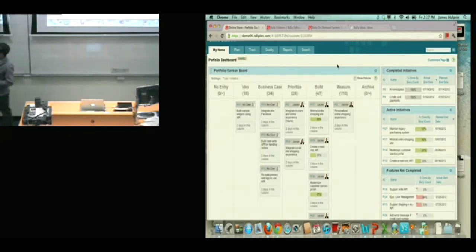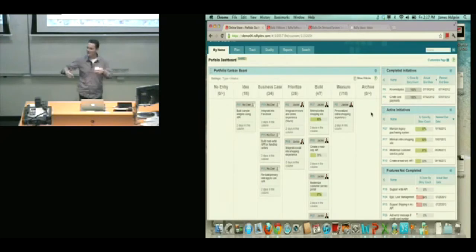In other words, you can define the states in your process that need to be managed before it actually gets to the team level. If we take a look at the example here, you can see that the PIs come in, and the first state is just an idea. The business still doesn't even know if it's going to greenlight it. Then it goes to business case, then prioritize, build, measure, and then archive. So the program managers or the business level people will manage these PIs through the system.